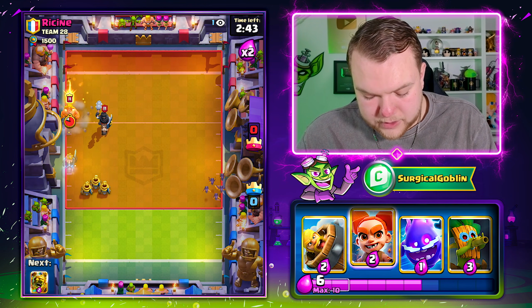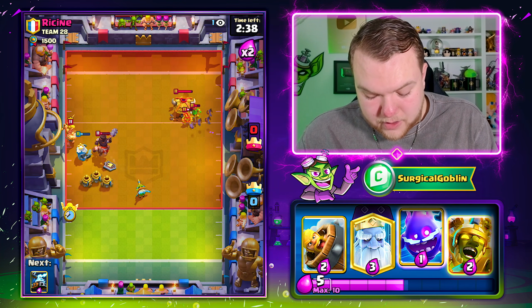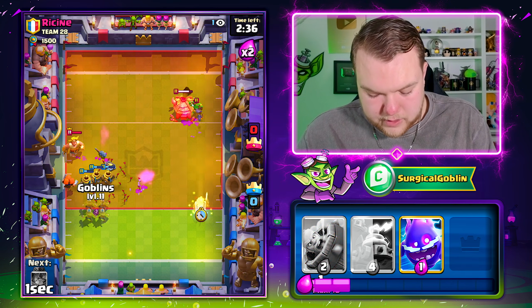Let's go with a Ghost. Let's go with Zeppis here as well. He's gonna go with his Golden Knight. Not the best ability, though. I think he expected it to go towards the...